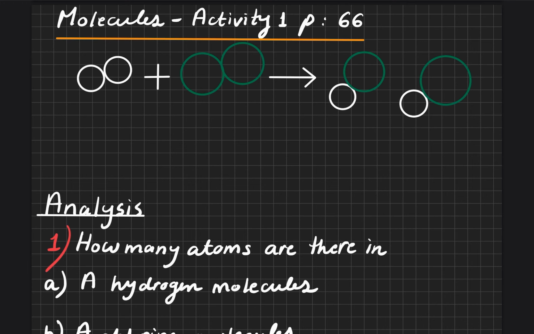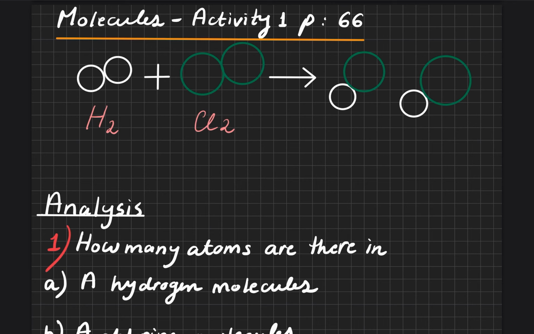Okay, let's write them down. We have a hydrogen molecule which is made up of 2 hydrogen atoms, so we call it H2. H stands for the hydrogen, 2 for the number of atoms in this molecule, okay? And similarly for the chlorine molecule, we have Cl2. So we have a chlorine molecule, and this chlorine molecule contains 2 chlorine atoms. Okay, so Cl for chlorine and 2 for the 2 atoms, and they give us